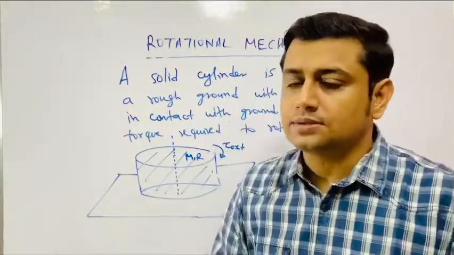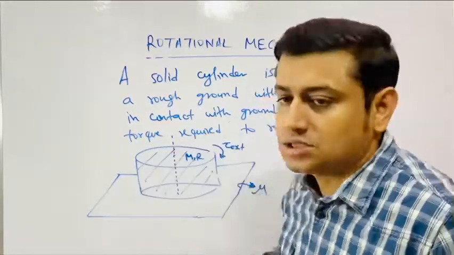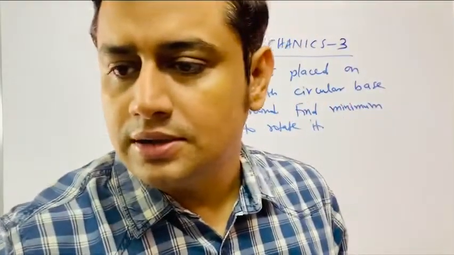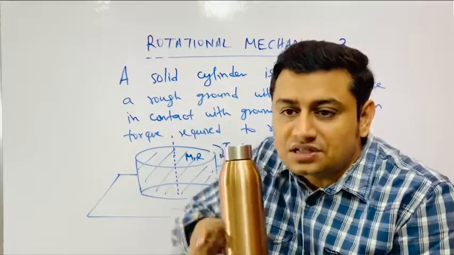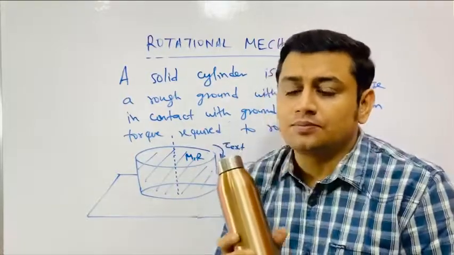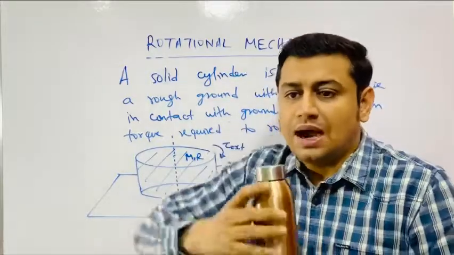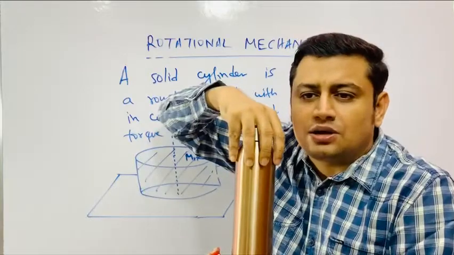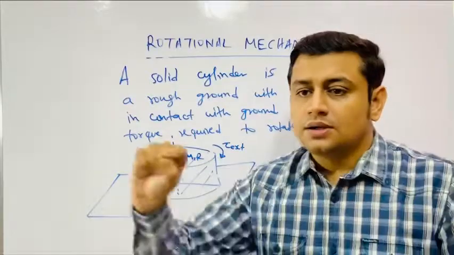So how to get that? Now understand, who is trying to prevent this rotation? If I provide some external torque to rotate it, who is going to prevent it from rotating? It is the frictional force on its base. I have to overcome the opposing frictional torque, the maximum value of frictional torque possible, to rotate it. If I provide slight torque, it would not rotate because friction's torque is sufficient to balance it.